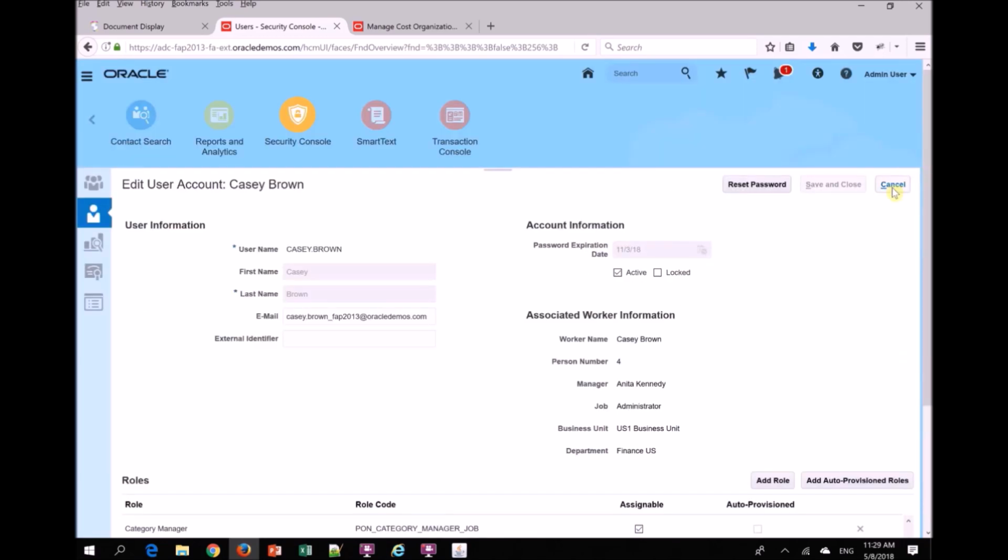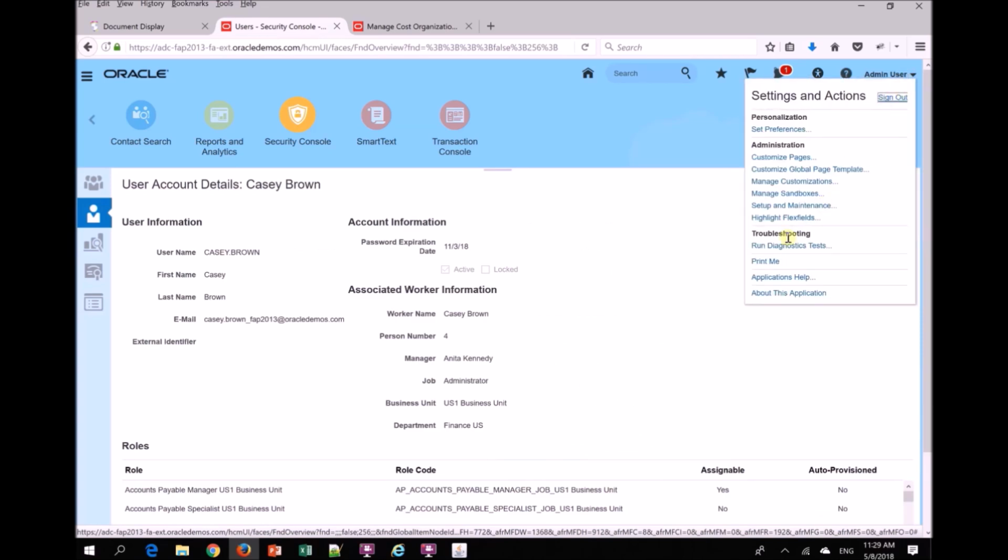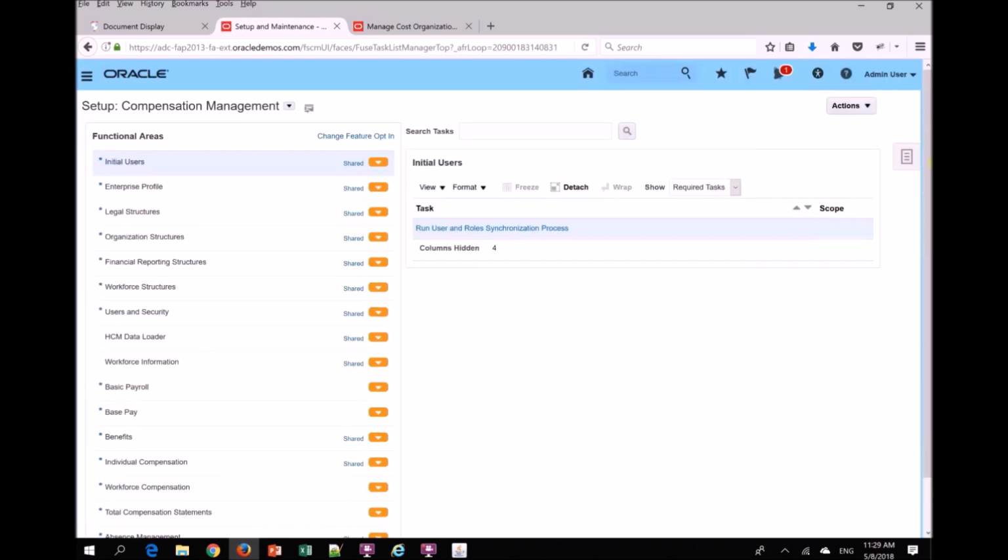So if I cancel this, and again the same thing, to go to setup and maintenance, you click on your username and then click on setup and maintenance. Of course, for this you need to have the access. You need to have the IT security manager role, then only you can access. There are three things you need to have. IT security manager is required for maintaining users, and then application consultant and application manager roles you need to have